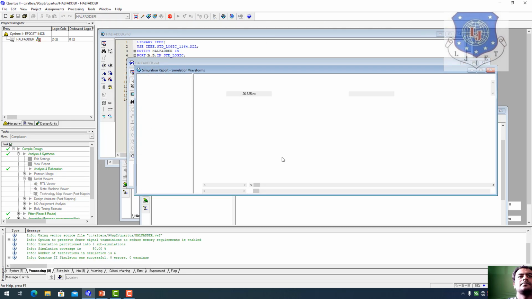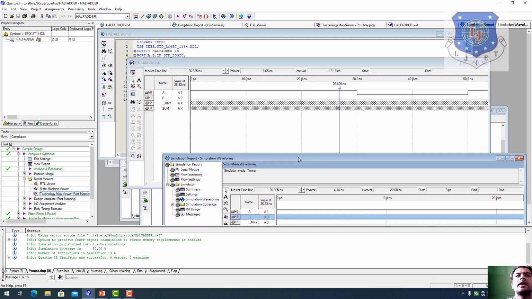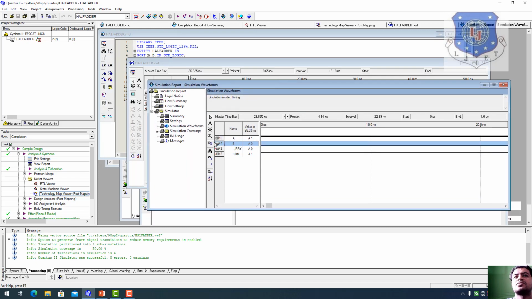Okay, now you can see your output will be generated. If the difference arises, then the output should be 1 in terms of A1 and B0. So similarly you can change any functionality, or you can change the input functionality with respect to time, and you can also see the variation in terms of the waveform point of view.